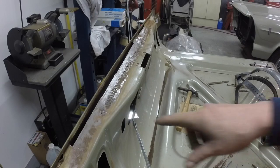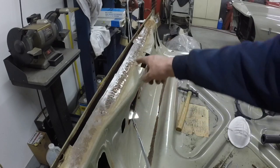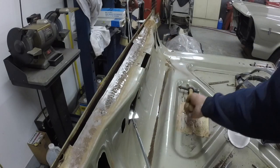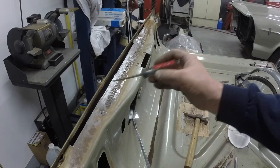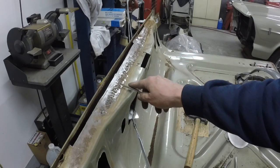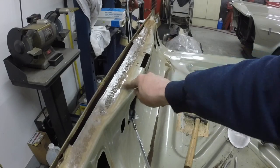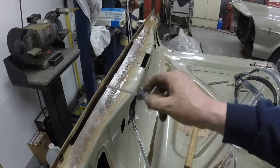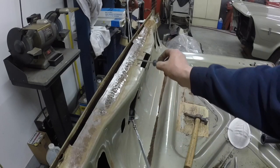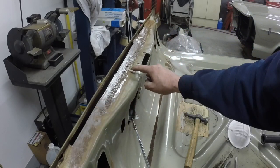But anyway, you can see these pits left some holes. I got in there with my body hammer and beat the heck out of it, and then took a screwdriver and scraped all the stuff out of the pits that I could, and really dug down into them. And because I was going to cut this out originally and replace it all the way from here to here,